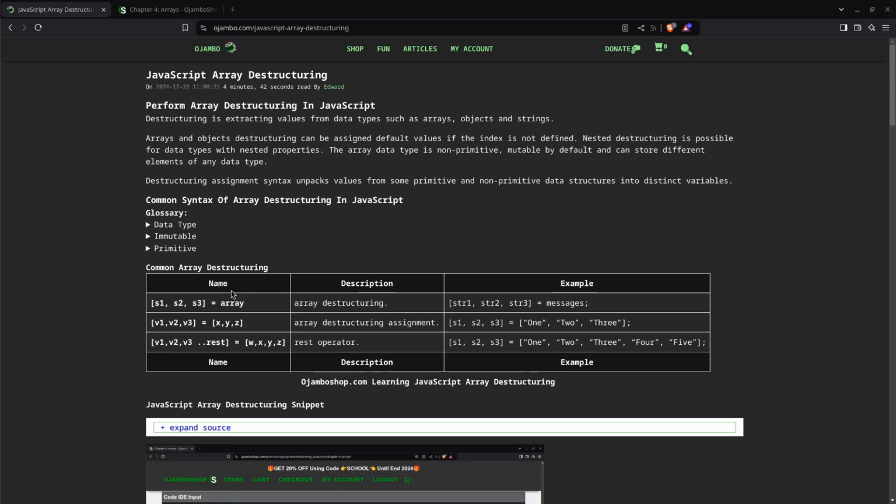Now, the new thing for this tutorial is the REST operator. What this means is that if you have a bunch of elements in the array and only a limited amount of variables, you can do this and just type REST here to grab the rest. For example, in this case, it'd be 1, 2, 3 for S1, S2, S3, and 4 and 5 will go